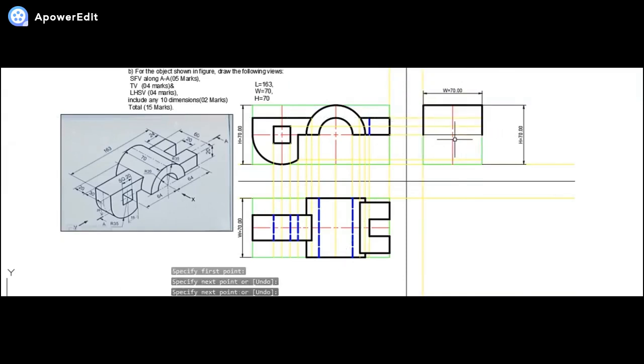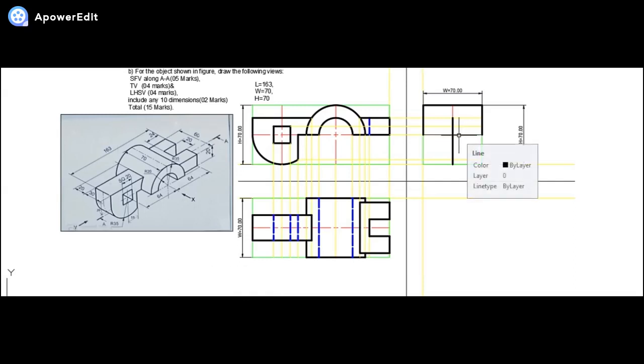Now after this, let us draw this particular edge which we will be seeing very prominently. For that sake, I will be drawing a dark line from here up till here, and then I will simply copy it on both the sides, drawing the lines on both the sides by 15 mm each.